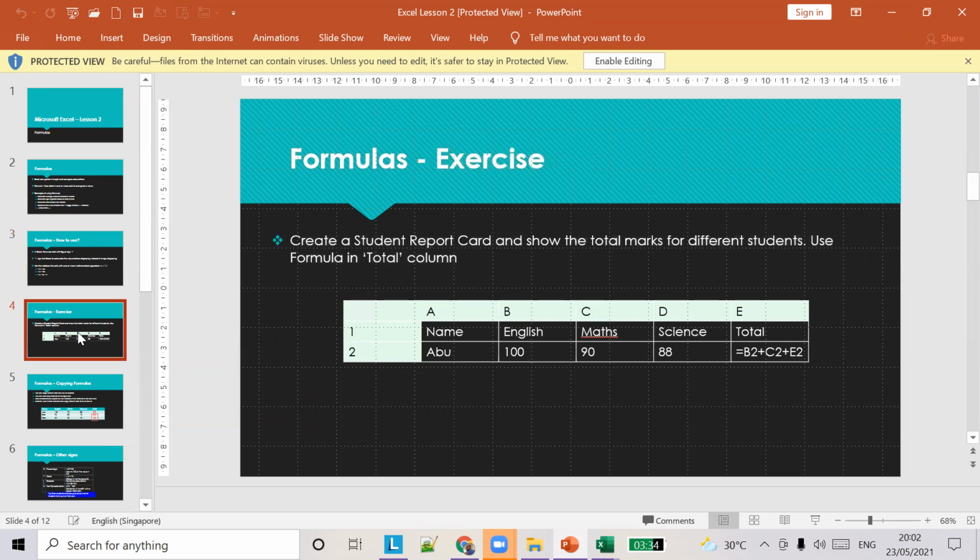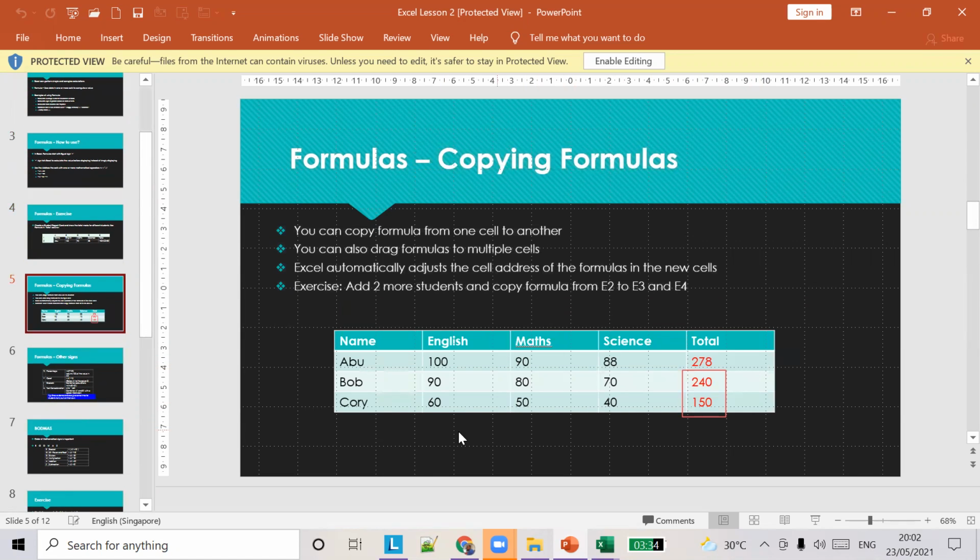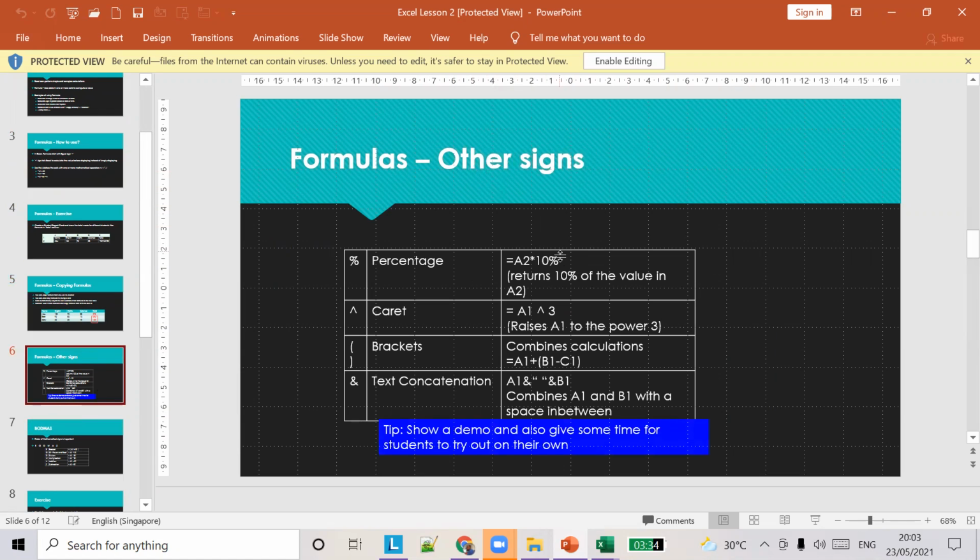Similarly, exercise. We saw how to add all the scores of a particular student. We did this using this formula here, and then we extended the formula and copied it to other students also. We selected the first cell and dragged it down. We also learned other signs: how to do a percentage, a caret, brackets, and text concatenation.